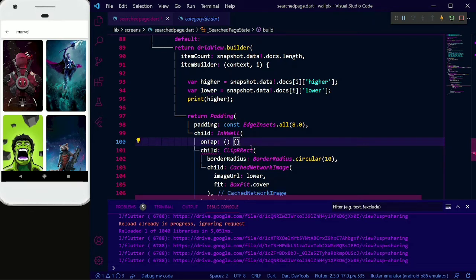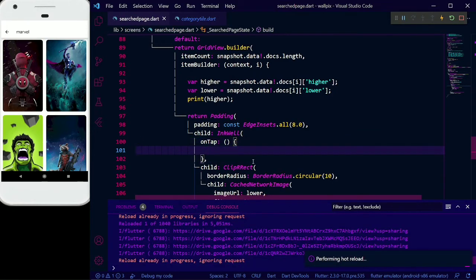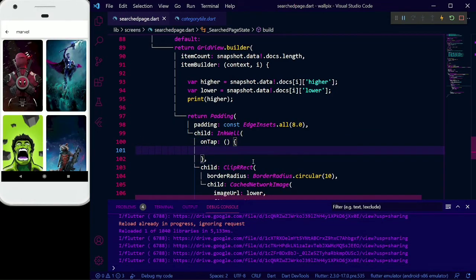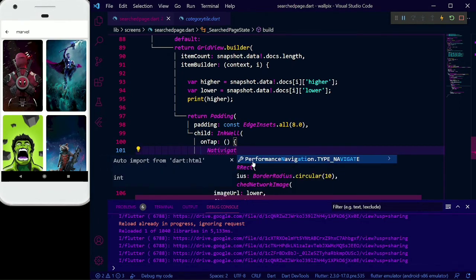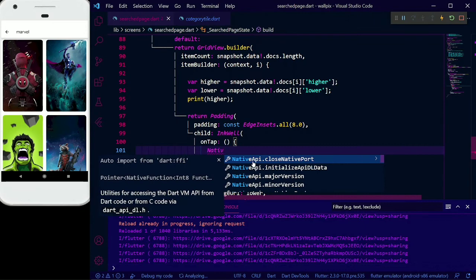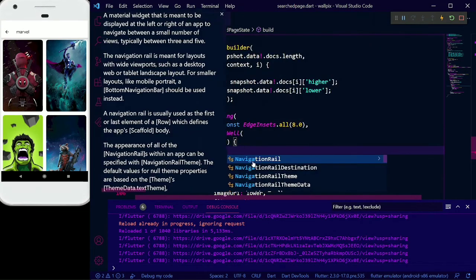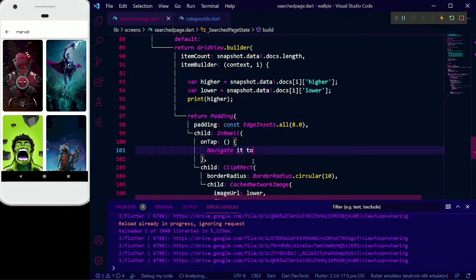On tap, we will navigate it to the next page. We will write it as a comment. It is very important, if you are making an application, commenting is very useful. Navigate it to the full screen page.